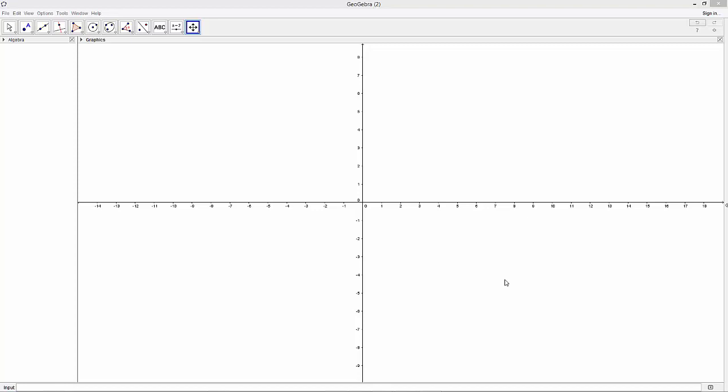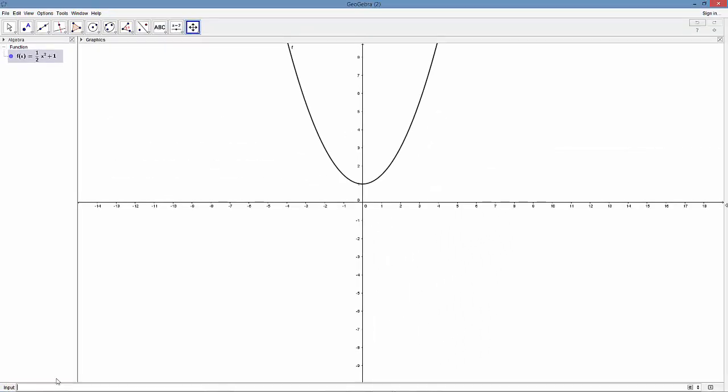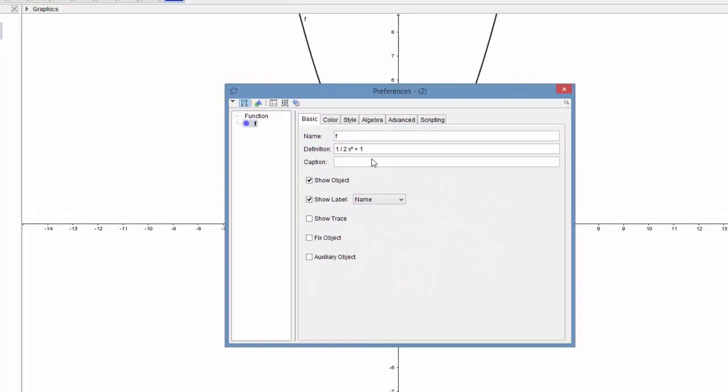So I've got us in the algebra and geometry view, and so we're going to go to the input bar and we're going to type in a function f of x equals 1/2 x squared plus 1. So that'll create a parabola for us, and we will right click on the function and go to object properties,